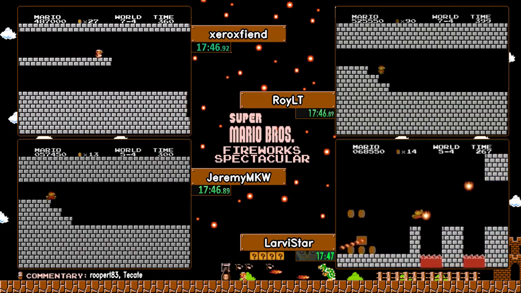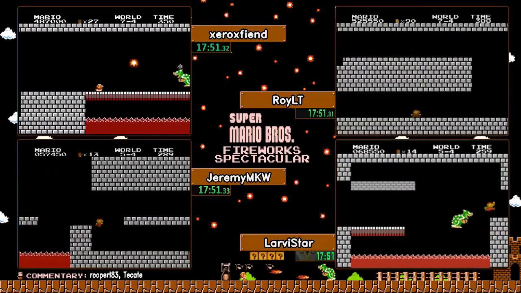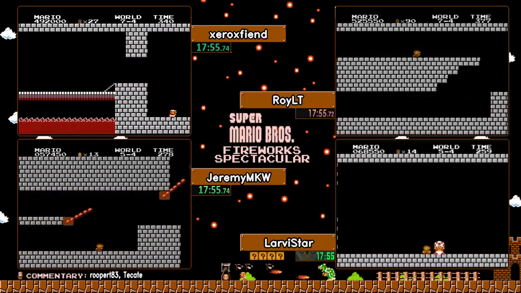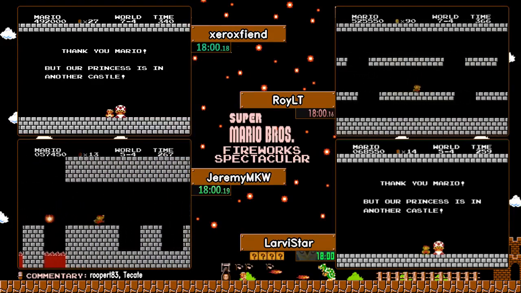If I know Roy, I'm going to be a betting man and say he goes for the 200. Yeah, I think so. He's a very confident player. Yeah, we could be proven wrong, but I'm going to put my money on Roy going all out